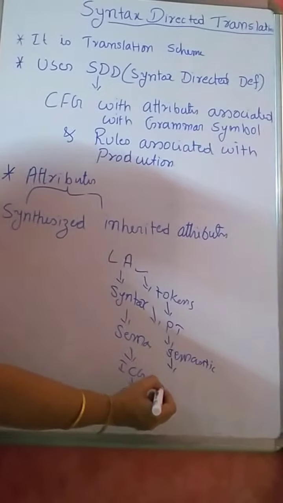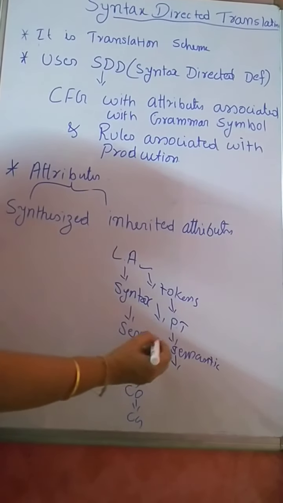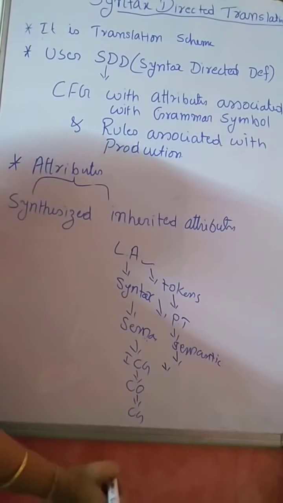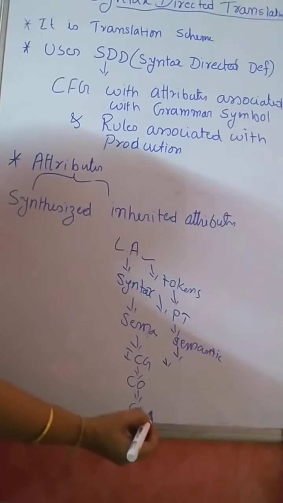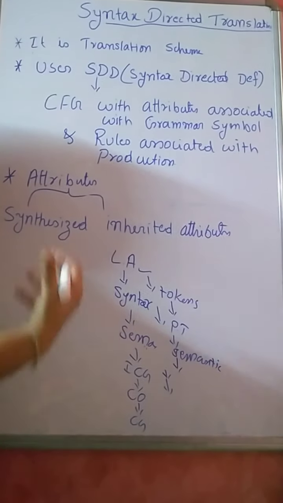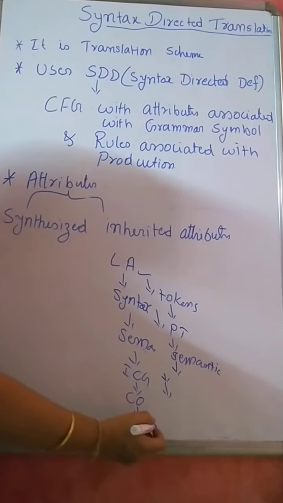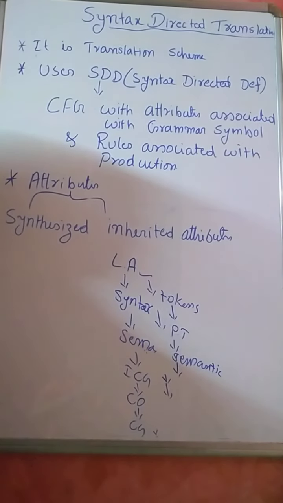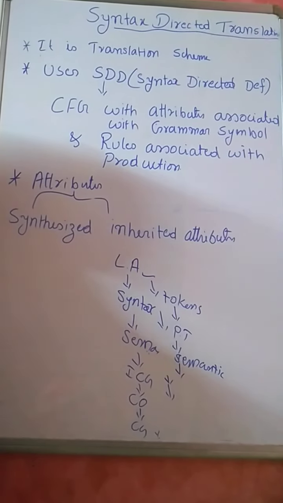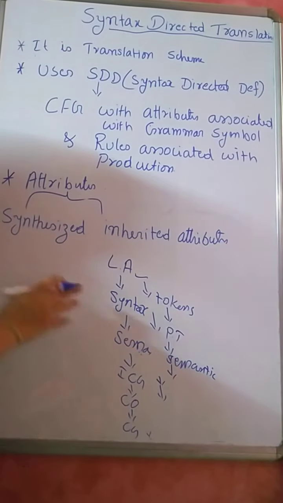Then the intermediate code generator will take the parse tree, which is the output of the previous phase, and generate the intermediate code by using the three address code technique. Then the code optimizer will try to optimize and reduce the number of instructions. Finally you will get assembly code, which is the work of the code generator. So these are the different phases of your compiler and their functions. All of you know that.